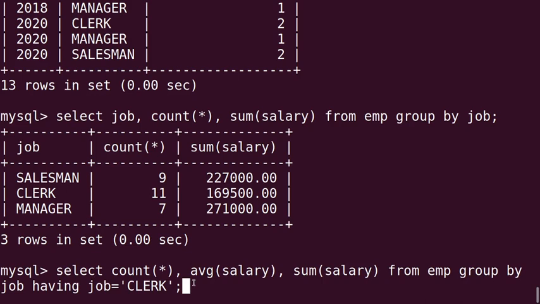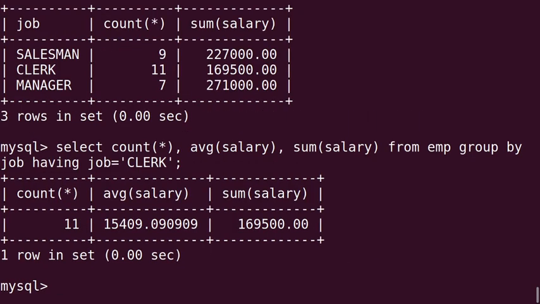Count, average, sum are all aggregate functions you know. See the output. Here we have used having clause to output only job equal to clerk.